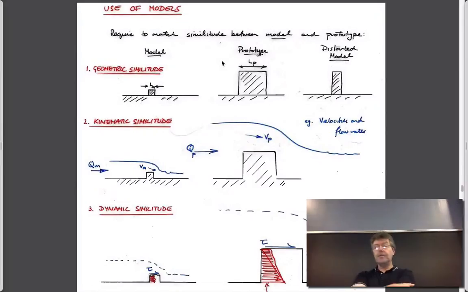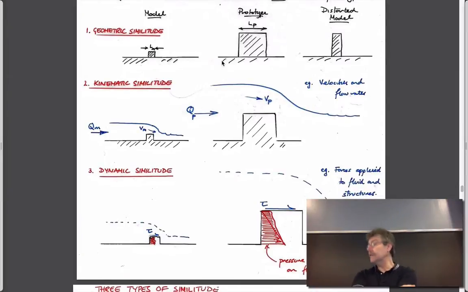And so we made the point that when we look at dimensional analysis, there are these three things we have to accommodate. We have to have geometric similitude. The model has to look just like the real thing, and it has to include everything scaled down in the appropriate way. And so when we look at pipes, we'll also see that this transition from laminar flow, laminar meaning that the individual layers of water all just scoot across each other like pushing a deck of cards parallel to each other,